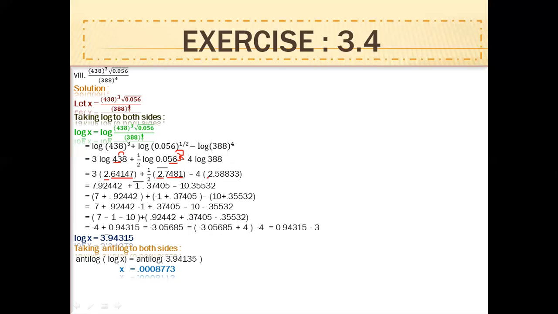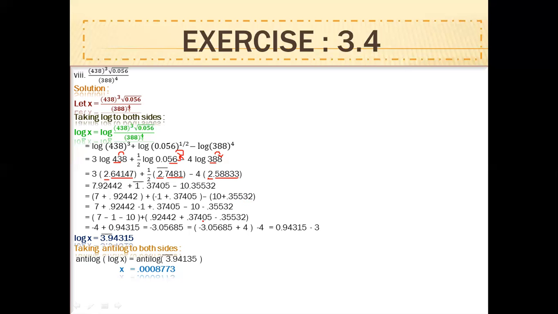Minus 4. We check 38 in the column of 8 and the characteristic obviously positive because there is no decimal in between the number, 2.58833. Now the first term will multiply with 3, the second will divide it by 2 and the fourth number will be multiplied with 4. Again, we separate the mantissa and the characteristics. The first term becomes 7 plus 0.92442 plus minus 1 plus 0.37405 minus 10 plus